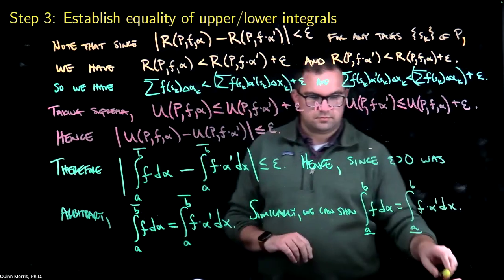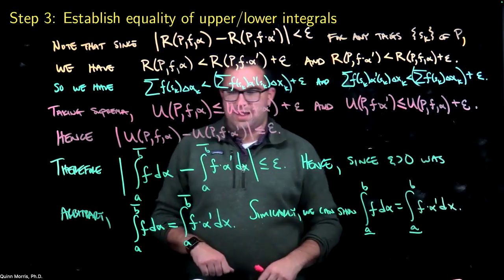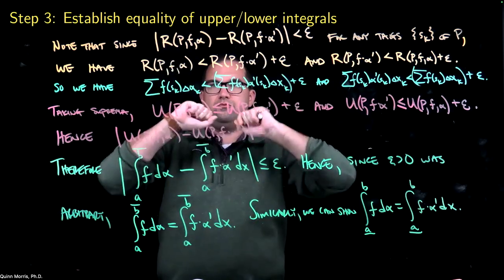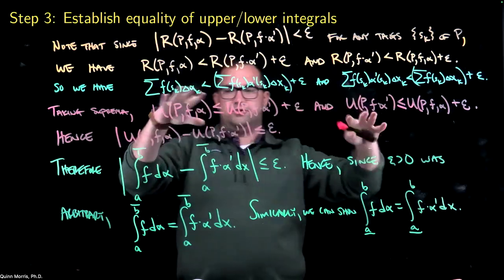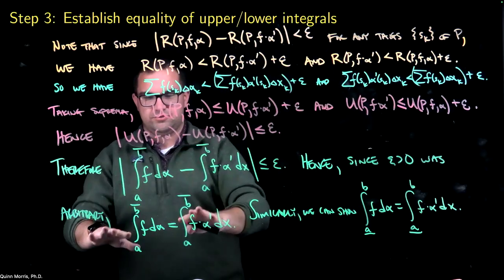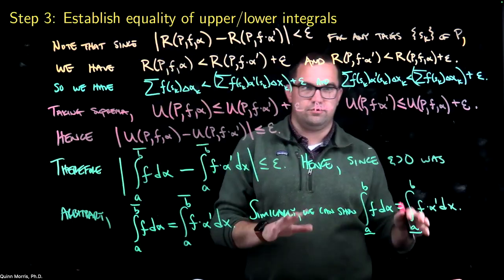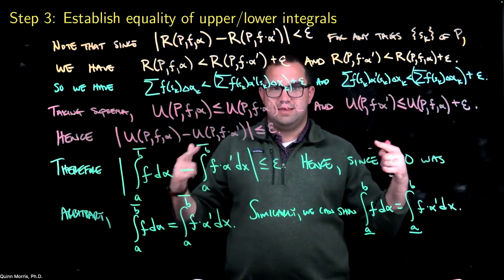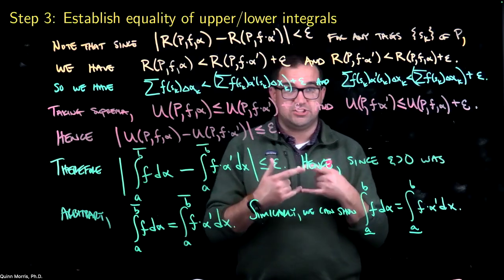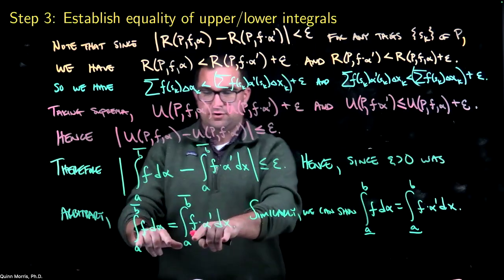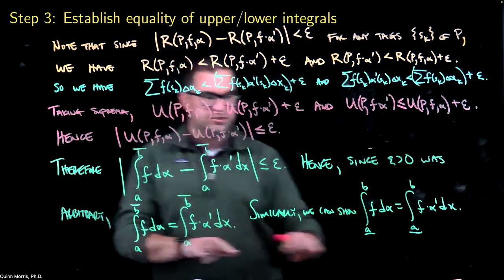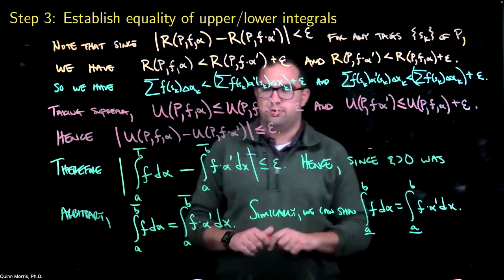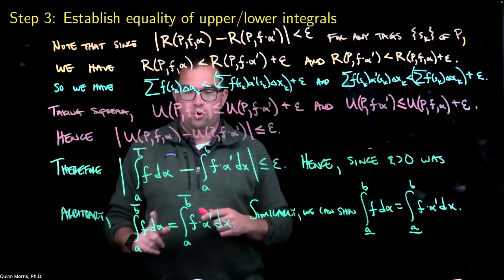Okay, now we've shown that this works for Riemann sums, it works for upper sums, it works for lower sums. Now it works for upper integrals, it works for lower integrals. Now, how do I get to just the integral piece? Remember, I also need the upper and lower integrals to be equal to each other, right? So now I've got the upper integrals equal to each other and the lower integrals equal to each other. Now I need all of these to be equal to each other, but I know